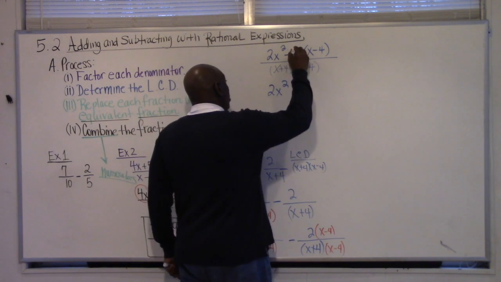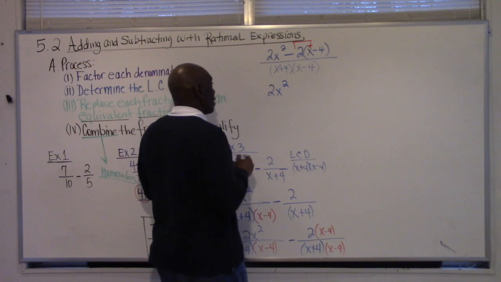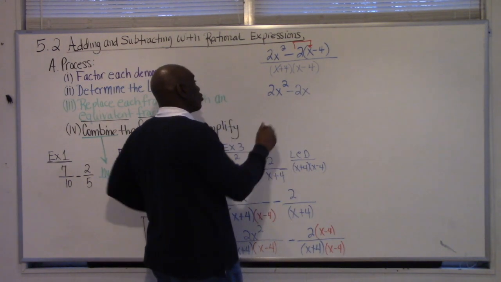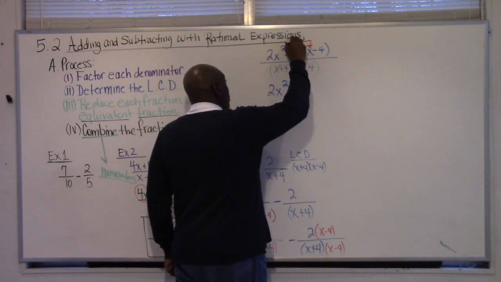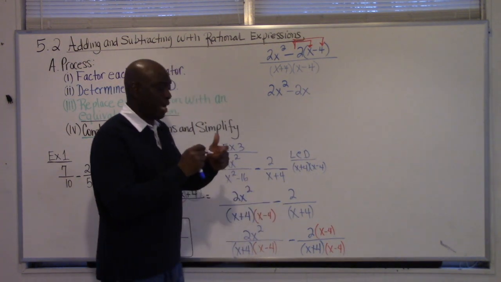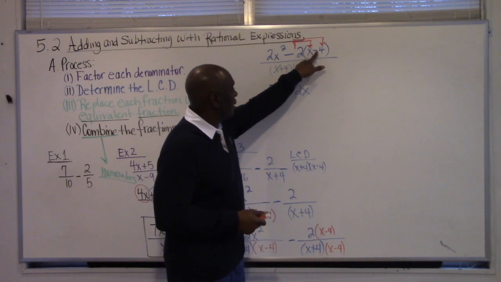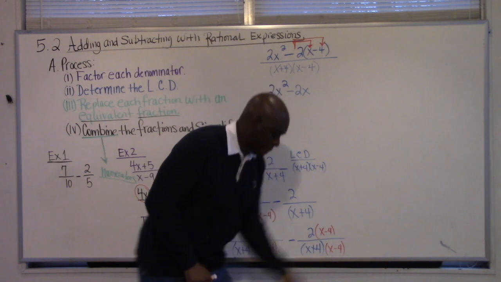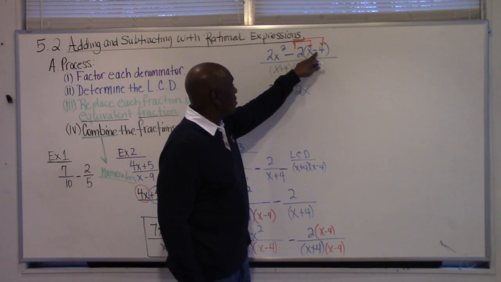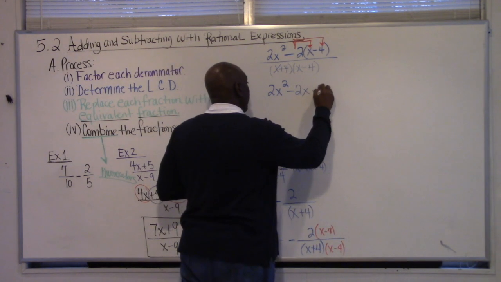So it's negative 2 times x, which is negative 2x. And then you have to distribute, because now it's negative 2 times a negative 4. Be careful right there, because a negative times a negative is a positive. That's going to give us a positive 8